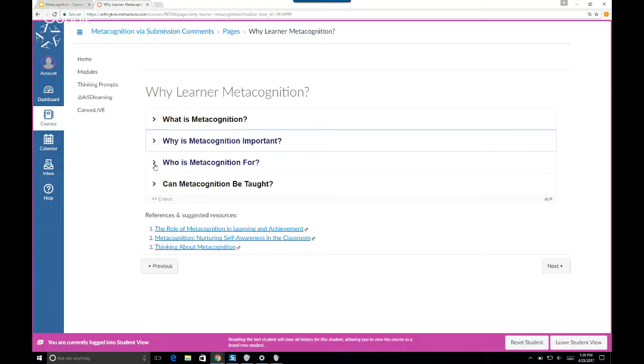So who is metacognition for? It's for everybody. Any learner is going to benefit from this idea that I'm going to be given a consistent and ongoing opportunity to be reflective in my practice, whether it's as a student, as a parent, or as an employee. And finally, can metacognition be taught? Absolutely. It's a habit of mind. And the more we, again, devote that time and intention, the more likely people will begin to develop their own intrinsic and internal ability to self-monitor and reflect on their thinking in order to basically see continuous improvement in all aspects of their life. So I'm going to leave that there, and let's get into the Canvas components here.